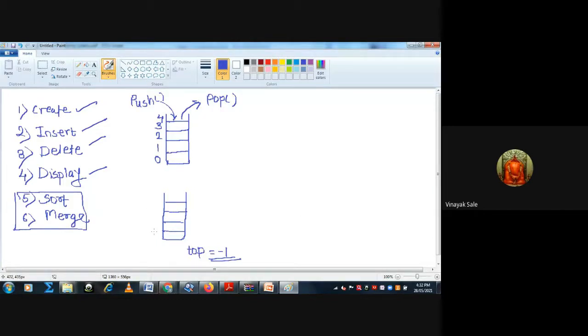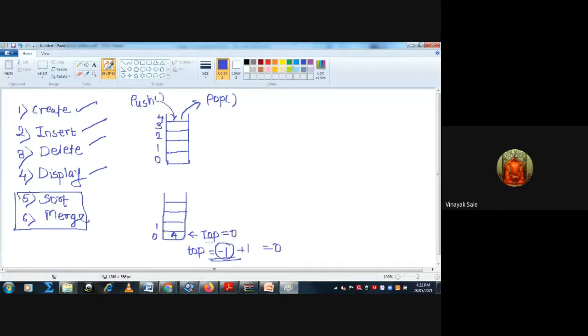Then you have entered two characters, suppose character A and character B. Now top goes to the first position. Whenever character A is entered, top is incremented by 1. Initially top is equal to -1, then -1 plus 1 is 0. Top is at the 0th position.